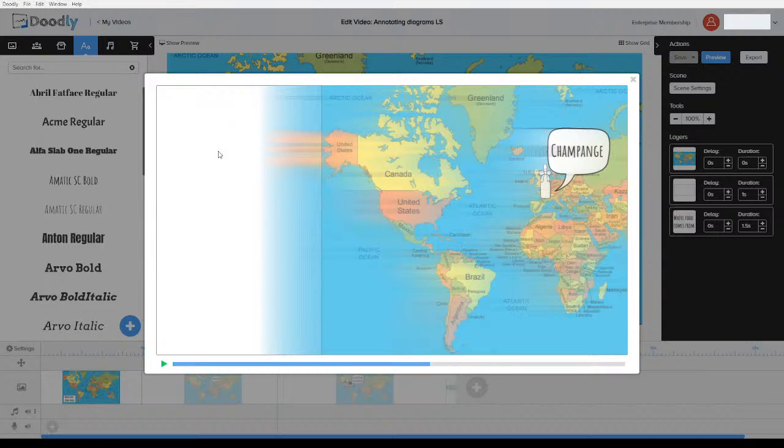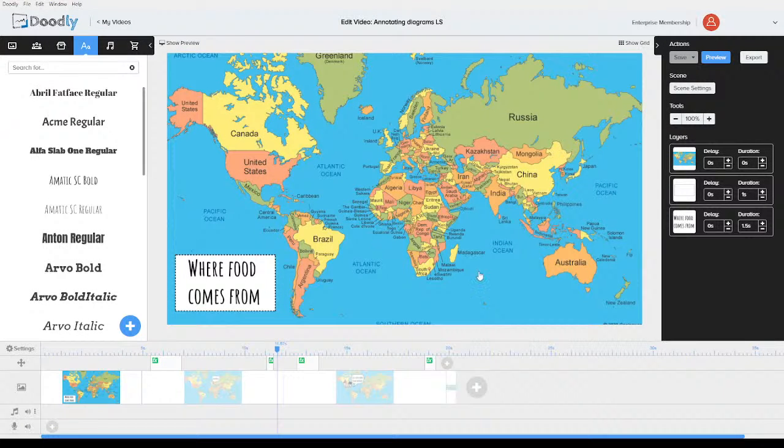Now obviously there's lots of things that you can annotate. I'm annotating a map. You know, you could use this to teach revision. You can annotate things. You can annotate diagrams, do pop-ups, or just write on the top of it. I don't think black text works particularly well against this sort of blue background and multicolored background. And because you've got so much text, I just feel that you need some white behind it, hence why I've used this box and hence why I've used the text call out.